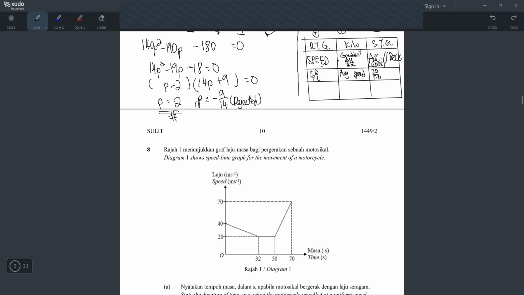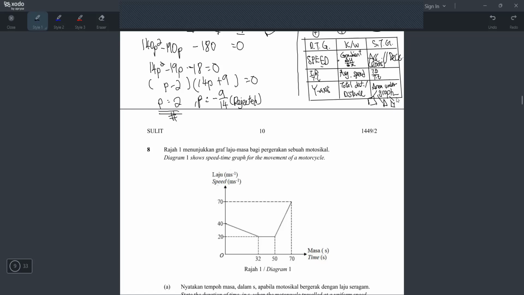Okay. But how to get my total distance? That comes to our third keyword. How to get the total distance, ataupun distance travelled? Means cari distance lah. So how to get total distance? For distance time graph, you will look at your y-axis, because your y-axis is distance. But for STG, you will find the area under graph. And for area, how many shapes do you have to learn? Got 4 shapes. We have rectangle, we have triangle, and we also have trapezium.